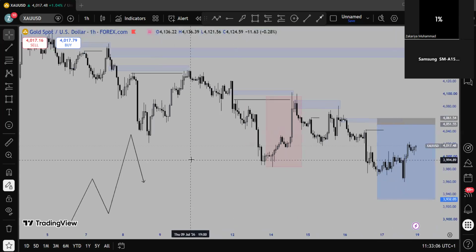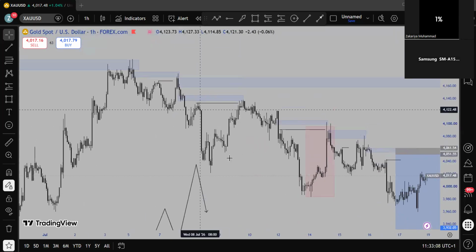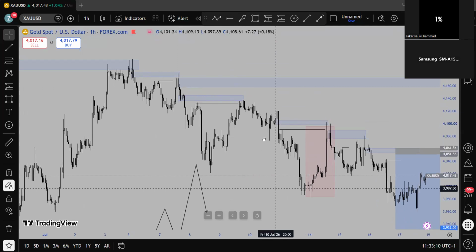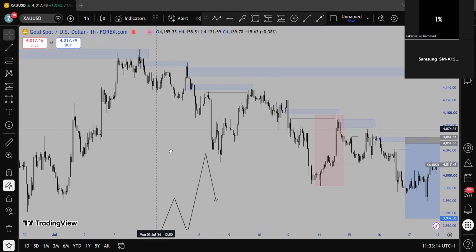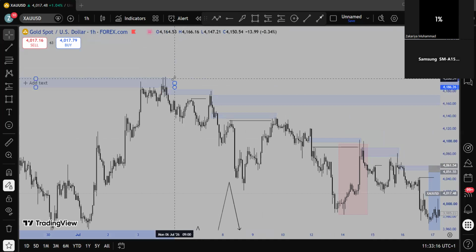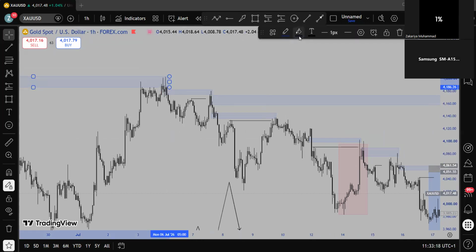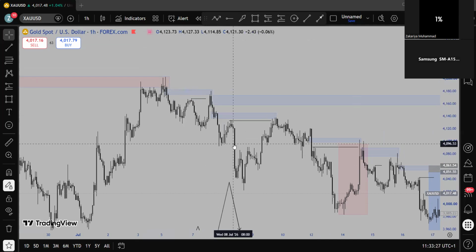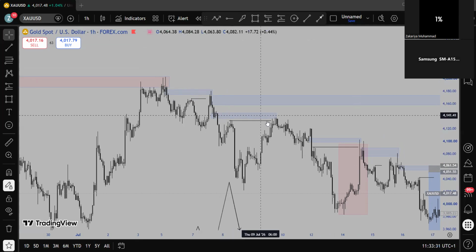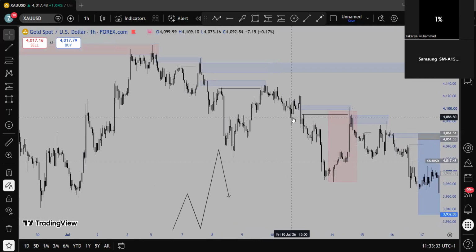But if you look at the bigger picture, look at what happened when the market is selling. It doesn't sell all the way at once. See what is happening after it tapped into this key level. We talked about what a key level is, a higher time frame key level. The market gives you a structural shift, gives you liquidity, then taps into the point of interest and sells down. It breaks another structure, gives you liquidity, taps into this point of interest and sells down. Breaks another structure, gives you liquidity, taps into a point of interest and sells down.